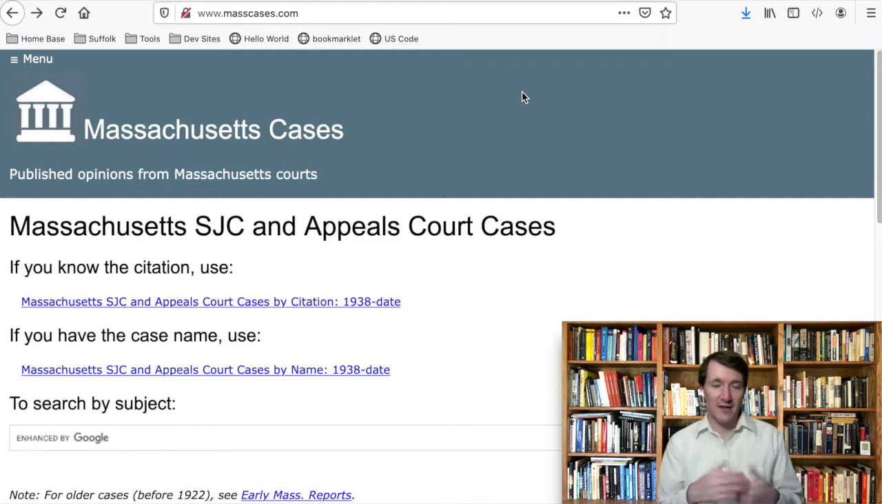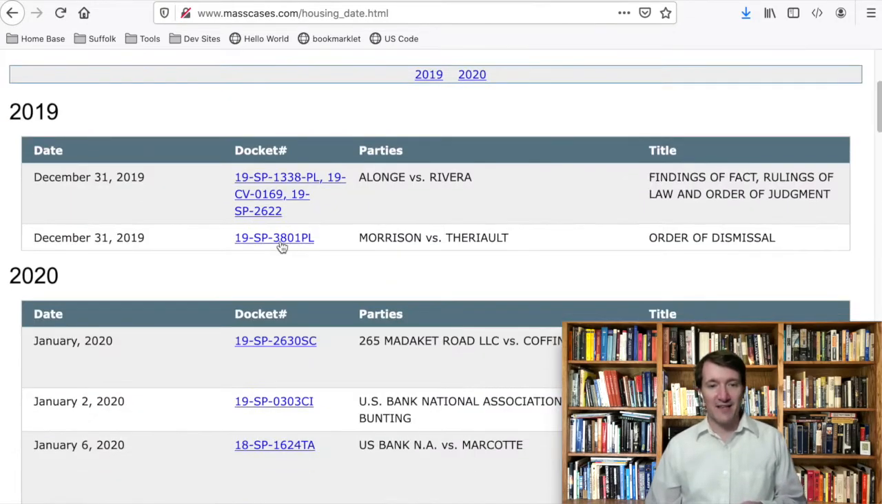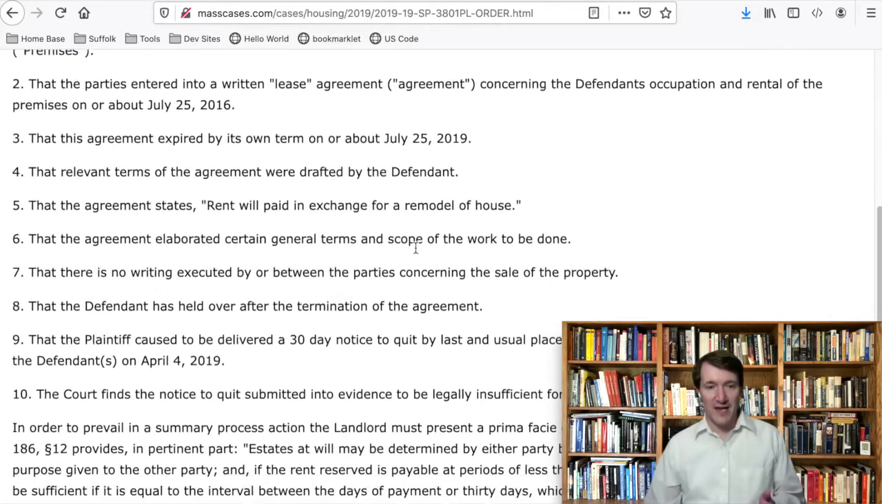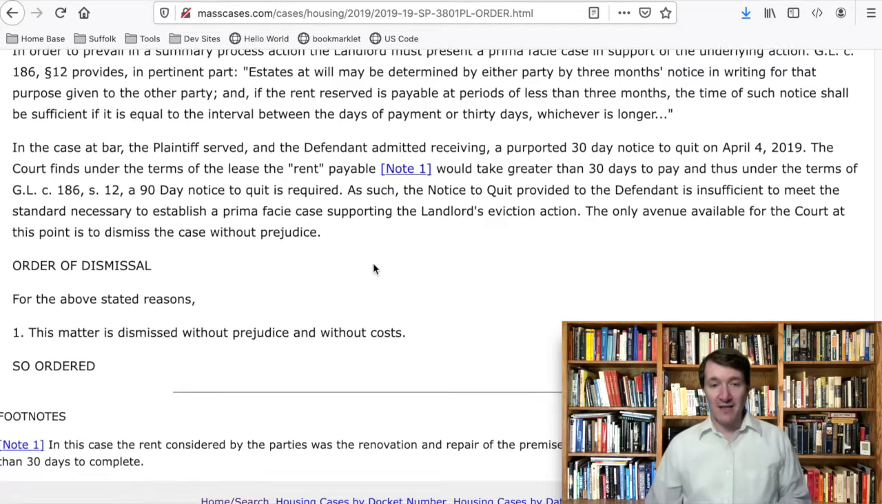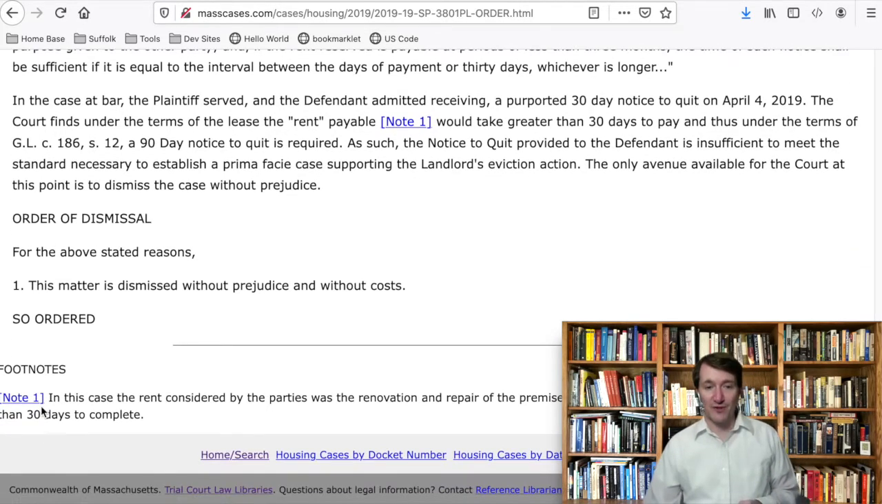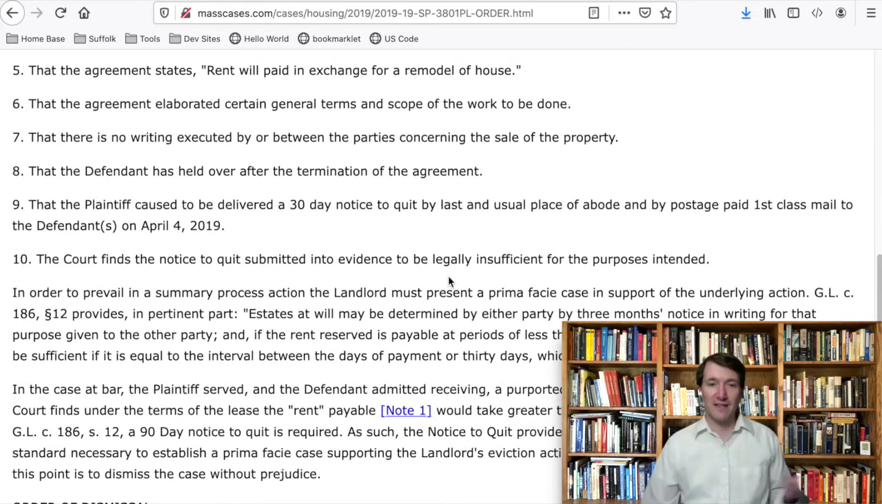And this is a set of SJC and appeals court cases for Massachusetts. So your normal sort of run-of-the-mill site, but it doesn't have a lot of bells and whistles. It just has the opinions. And although you'll see links down to notes, which are just sort of footnotes, you won't see a lot of links in here. And that's too bad, because a lot of times you'll have references. Here you can see, for example, the Massachusetts General Laws. Okay, it'd be really nice if